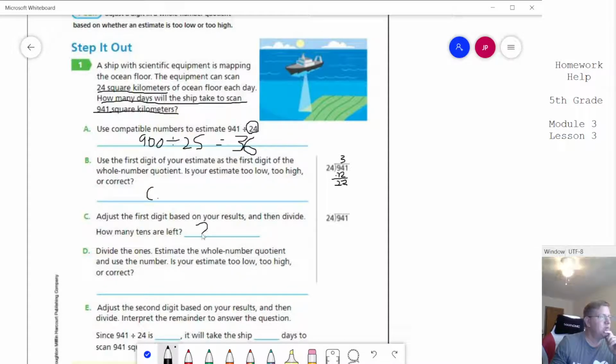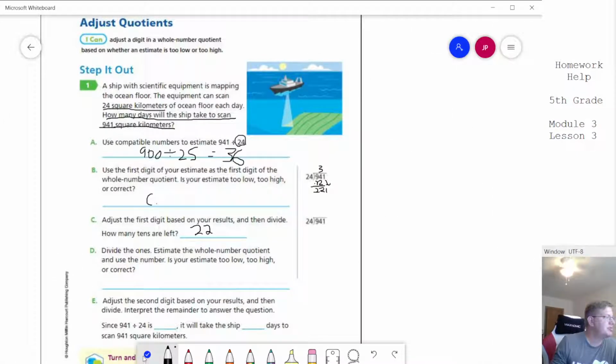We are going to have 22 tens left. So we're trying to figure out, I've got 94 tens here. I want to put them into 24 equal groups. I can put 3 in each group, and then I have 22 left over. And so now the next step would be to bring down the 1. And now I'm working with 221 ones. I'm going to try to put those into 24 equal groups. So my estimate for this would give me 6. If I were to do that,